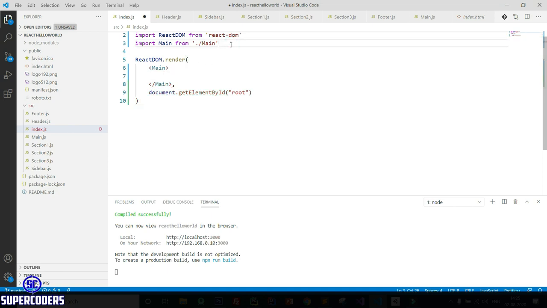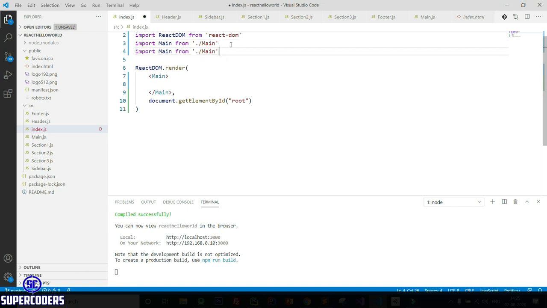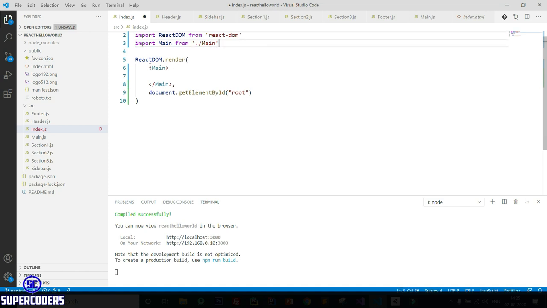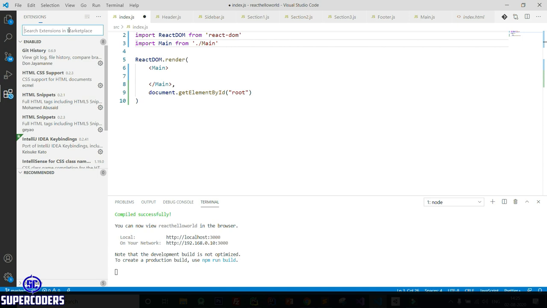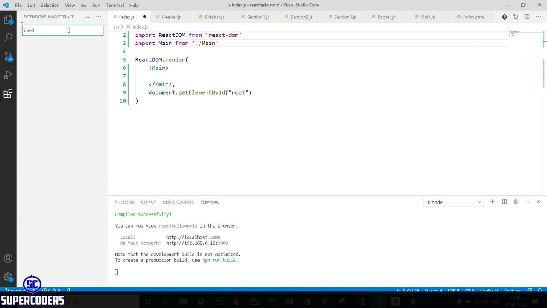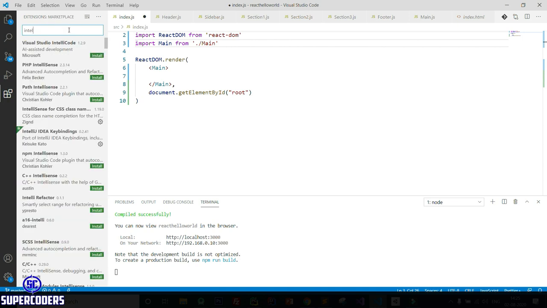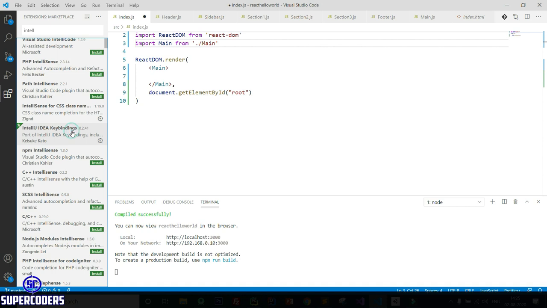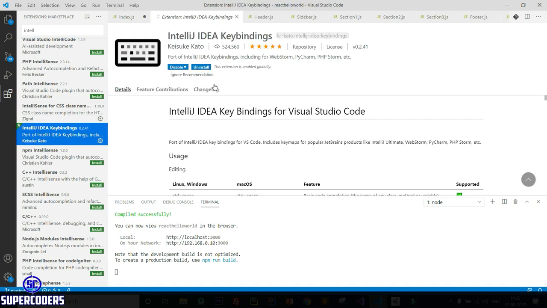So again type Control D. So you can see I am typing Control D and it's copying this same line again. So you need to add this in our shortcut. For this you need to install an extension which is IntelliJ IDE shortcut. So here come in extension and type IntelliJ and you can see IntelliJ IDE key binding.